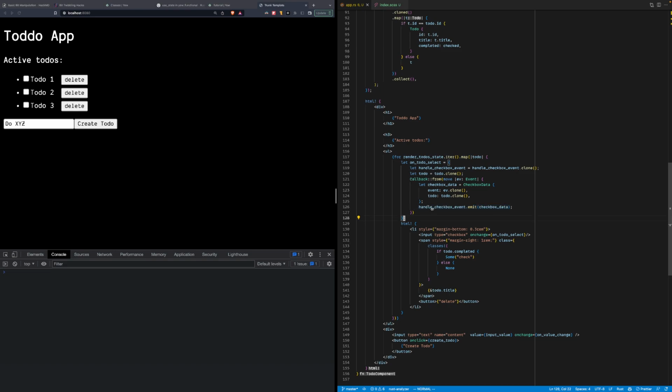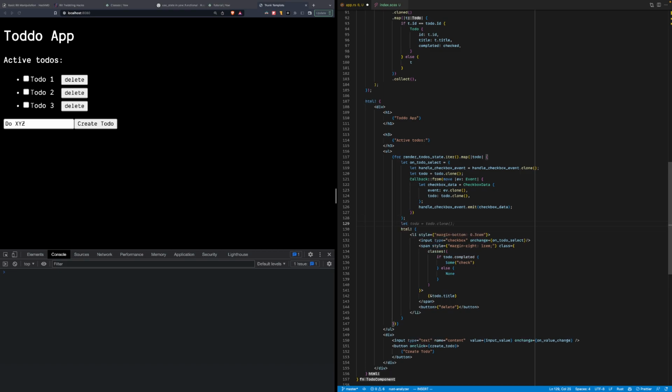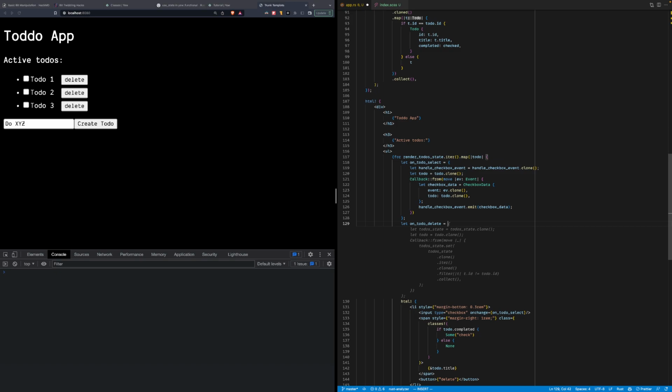All right, so this is an example of a nested callback, right? Yeah. So on to-do delete. Well, it's doing it for me. Oh, that's cool. We just straight clone and filter. Yeah, cool.